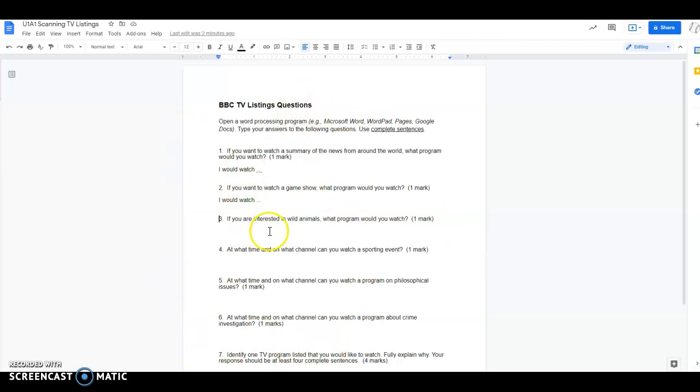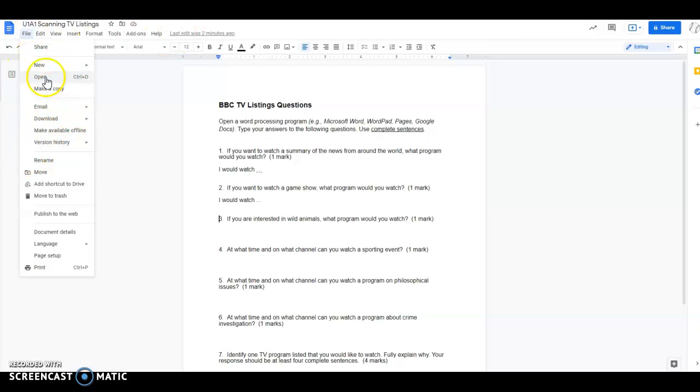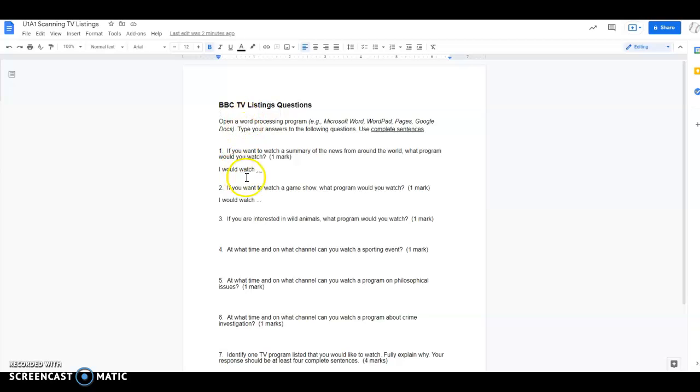So I haven't completed all the answers here, but let's pretend that I've finished this document. Okay, so it's automatically saved in my Google Drive. I don't have to go up here and find a save every time I do anything. If I type anything here, it's automatically saving. So everything is automatically saved in a Google Doc. What I need to do though is take this document and submit it